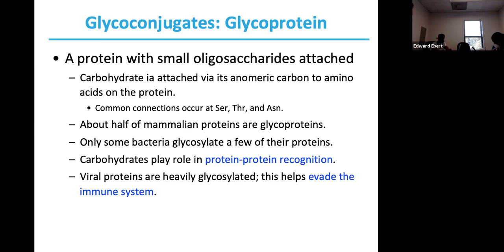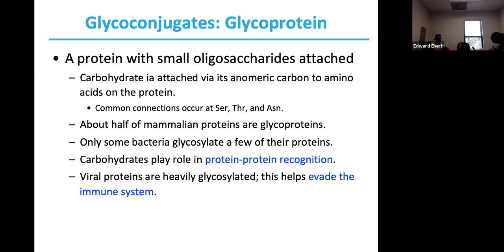And there's a whole variety of roles our glycoproteins can play. One of the neat things is very few bacteria can glycosylate proteins. So they have their carbohydrate cell walls and their protein separate in there. Our carbohydrates will often play a big role in protein recognition. We can see this in our blood types. Type A, B, AB, and O are based on the presence or absence of a pair of